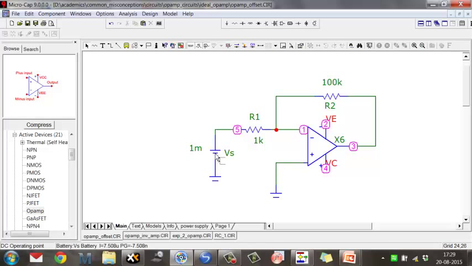Let's say this 1 millivolt that I've put here is actually coming from a temperature sensor. I have a temperature sensor and it gives me a voltage of 1 millivolt, or it is coming from a pressure sensor, and I want to measure this voltage here. So I have a requirement of measuring a very small voltage, 1 millivolt. Now, when I measure, as I said, I'm expecting 100K, and what I end up getting is,